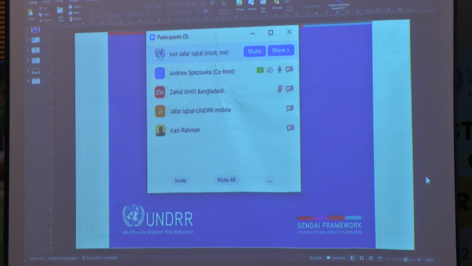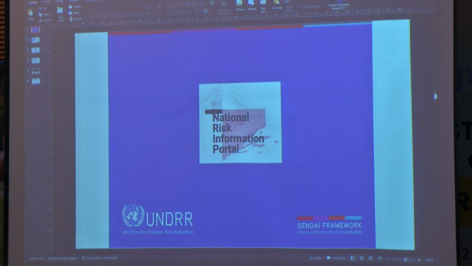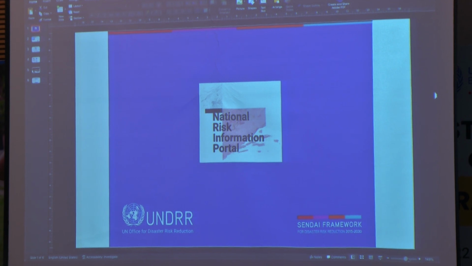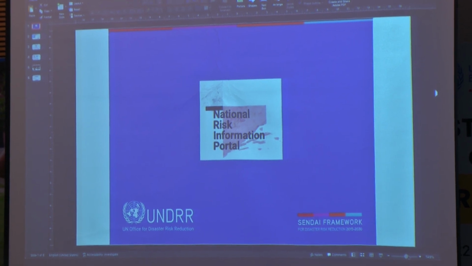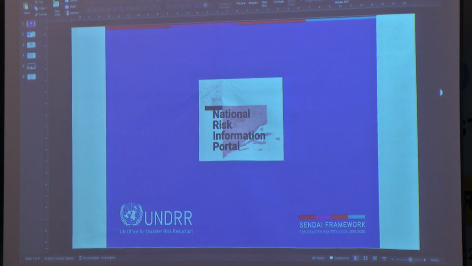I want to just take a few minutes to discuss how the DRIP is feeding and contributes to a larger UN-wide objective of making risk information available under the SG's data strategy. And in some respects, what you see on the screen where it says the National Risk Information Portal, this is a product very similar to the DRIP.